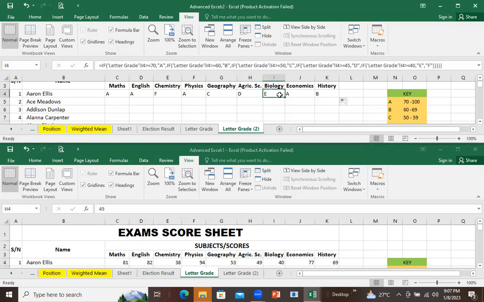Under biology, he has E. The score here is 40. Under economics, it has A. The score here is 77. You can see it. Under history, it has B, which is what? 69. So now, once you've done it for the first person, just like any other cell, you just copy it